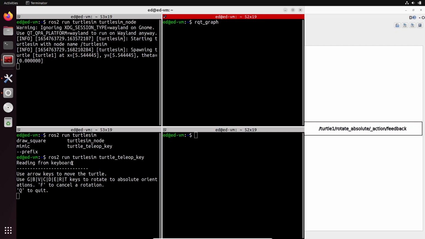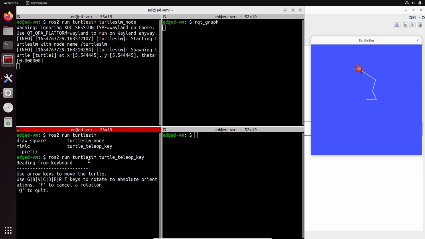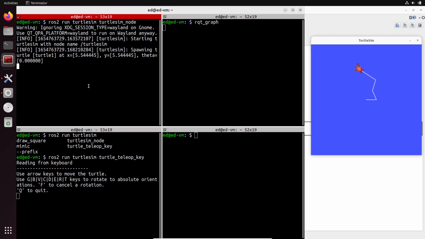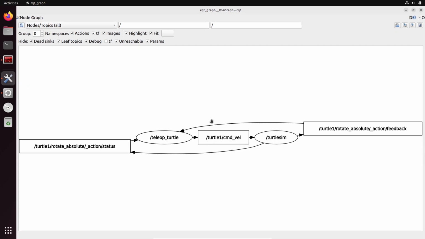What's happening is that you can see that what we have in this node, so with the turtle teleop key node, is gonna be sent to the turtlesim node, okay? Because when we actually press the keys on the keyboard in this terminal, the turtle is moving, but the turtle is handled by this program, okay? So two different nodes. So you can see here clearly with the graph that this is gonna be actually here,